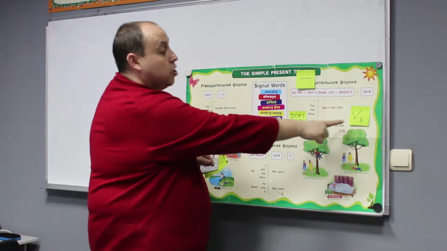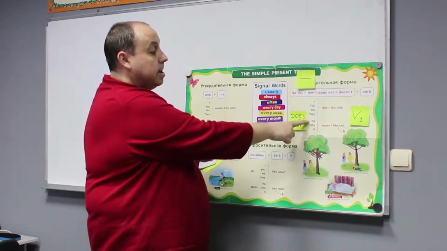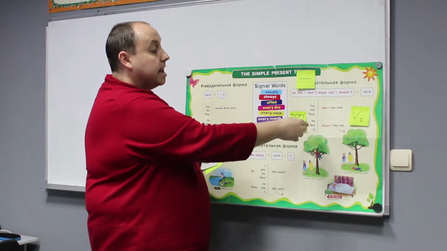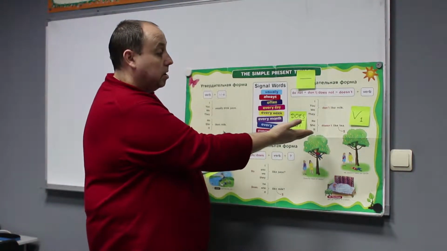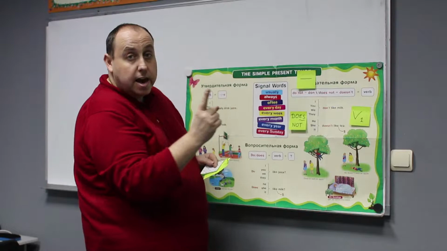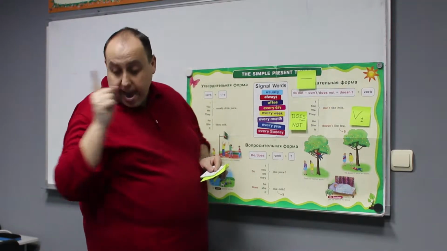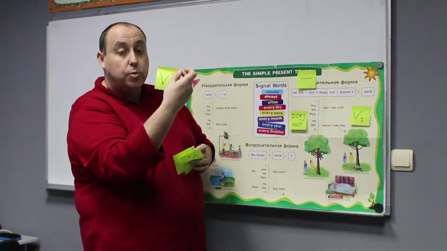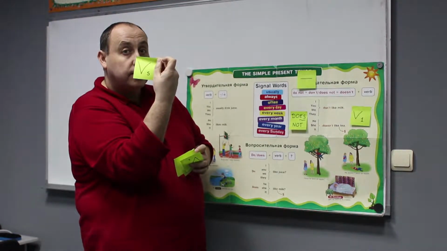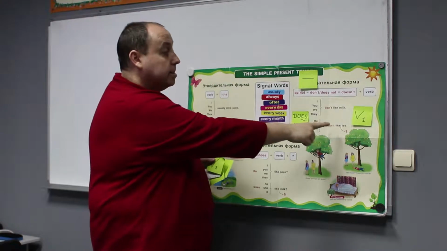But still keeping the verb in the first form. He, she, it doesn't like tea in this particular example. Now be very careful. Your S, your verb plus S that we had in the positive, no longer appears in